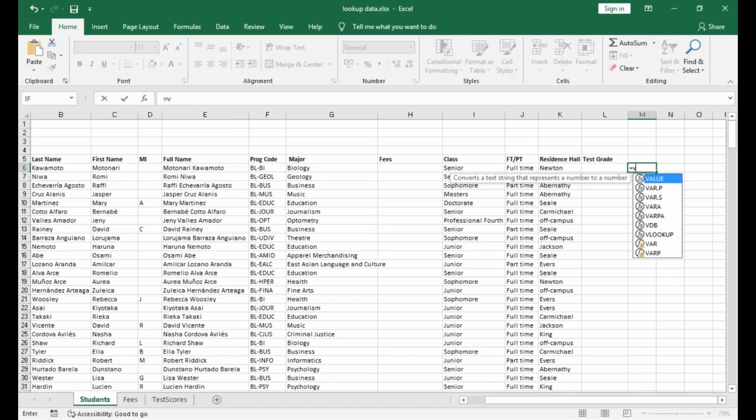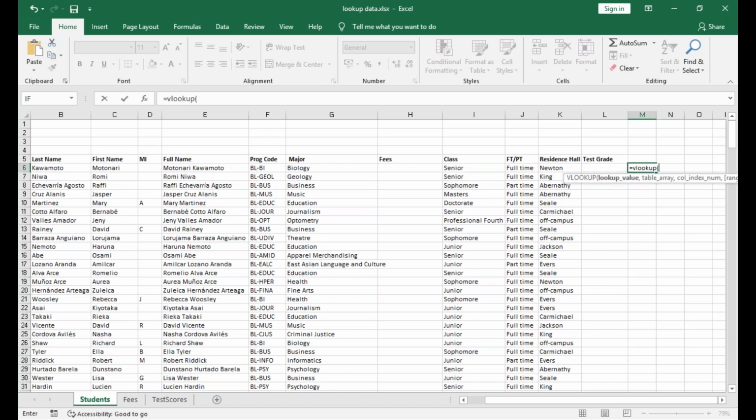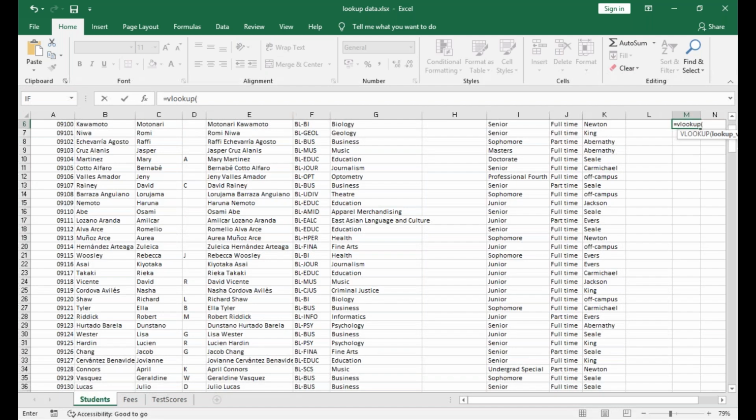Is equal to VLOOKUP, open parenthesis, for the lookup value. What is that you are looking for? So I am looking for the full name of a person who's there in